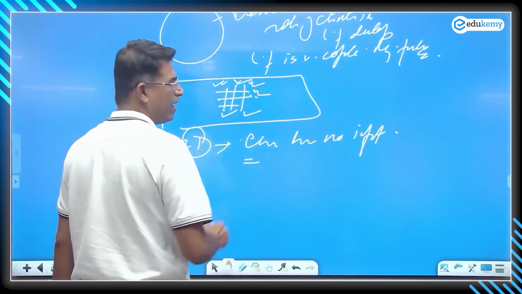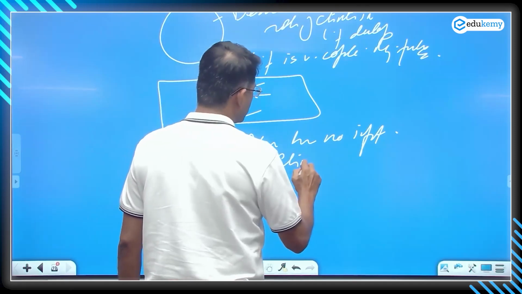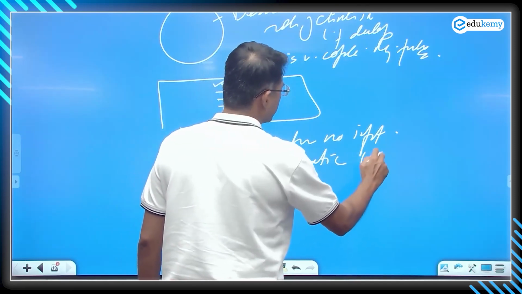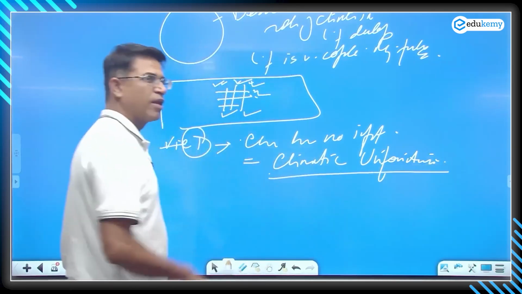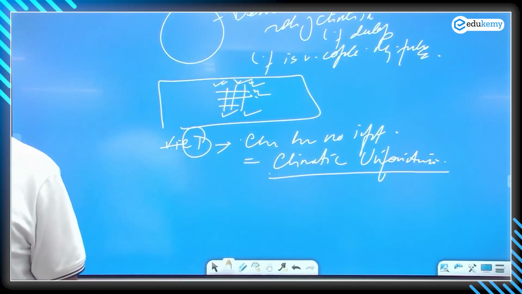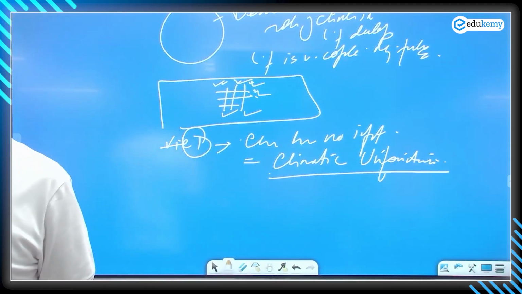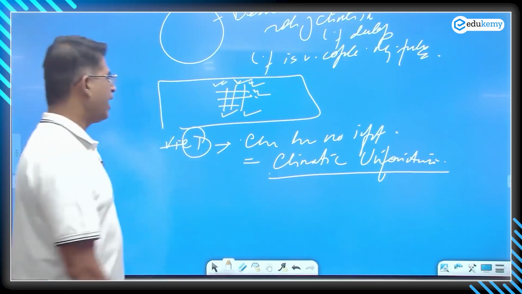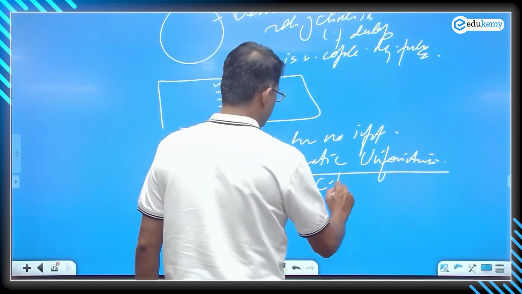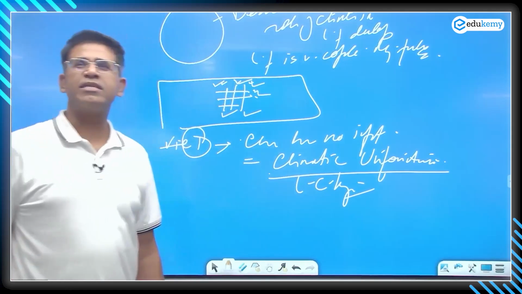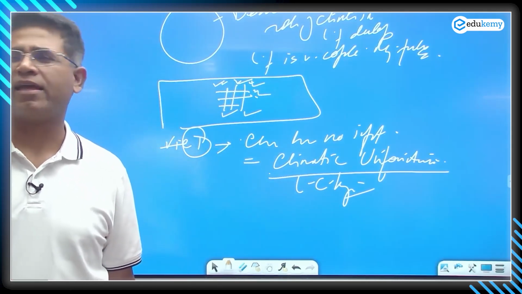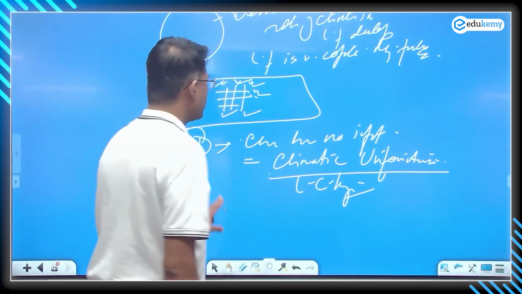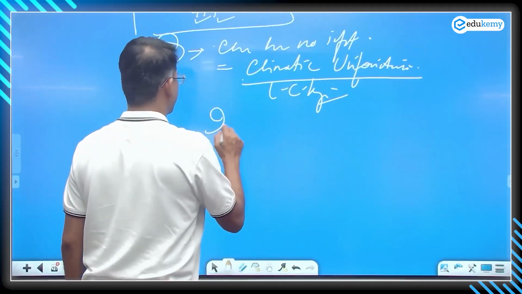This is also called the school of climatic uniformitarianism. The school of uniformitarianism. This was supported by L.C. King. Yes, Nidhi, you can add, correct. L.C. King. So what this says is, irrespective of the climate,